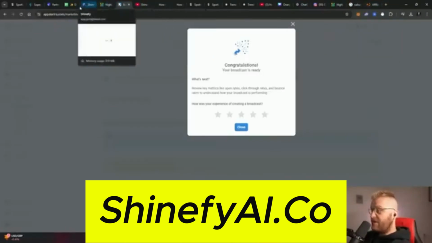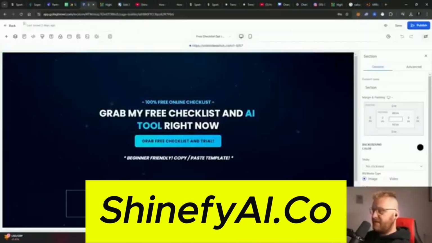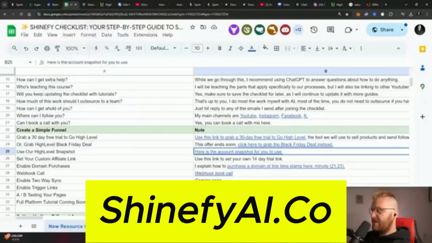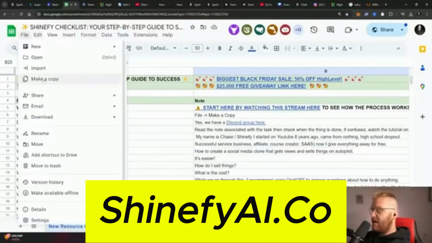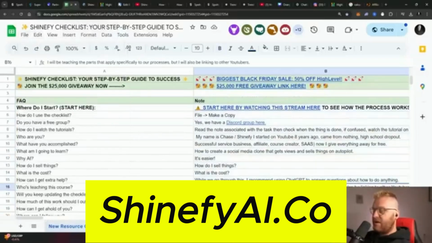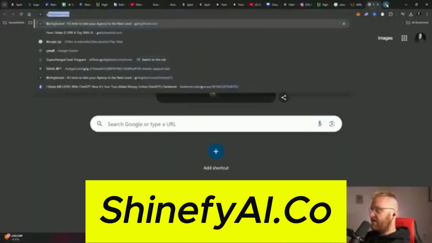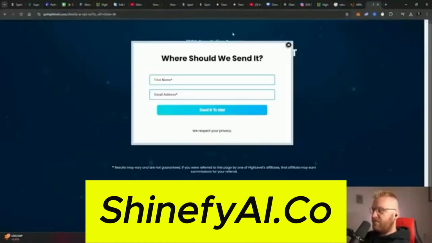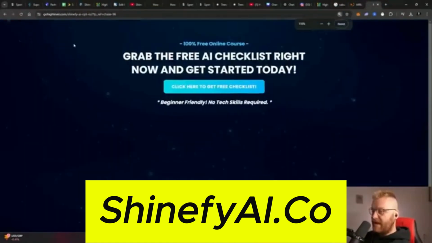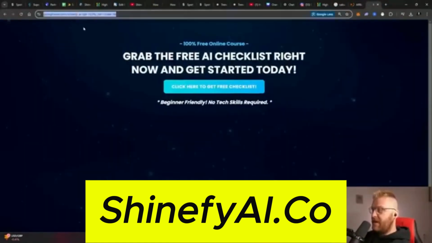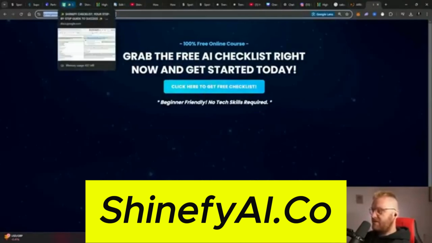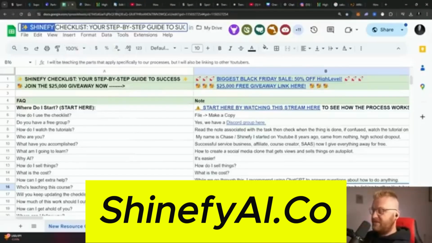And you can even give away the free checklist too. Like I allow people to basically download the checklist. You just go into the checklist like this, click on file, make a copy, and then you can change out all the links in here as well and give out the checklist in your video. So for example, when you import the funnels into your account, just like Alex did, you get this exact same funnel. And so you can just import this in your account and then change this out with your checklist, because you'd basically make a copy and change this name to your name.